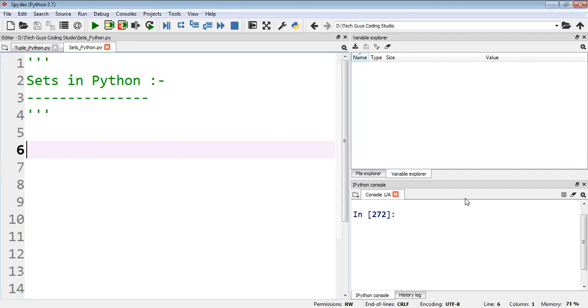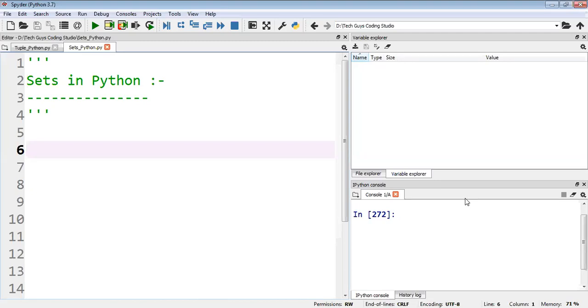Today our topic is sets in Python. We just want to know what sets in Python are. First of all, a set is a data type, and we cannot declare duplicate elements. If I add duplicate elements, then once I execute, it will not take them. I will take some examples.